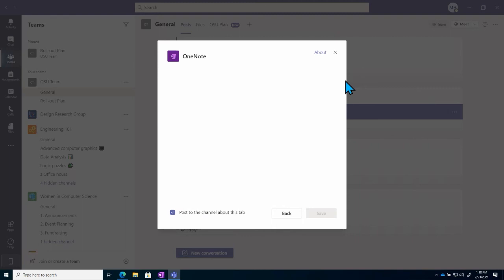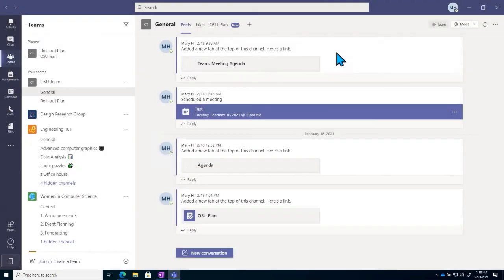If for some reason mine is not quite loading like it should, which is okay. But if we do point it towards a specific section or page, when they go into that tab, it will take them there directly. They will still have access to the entire notebook and can navigate to other sections if they need to, but it takes them to the area where our focus of work is for the time being.